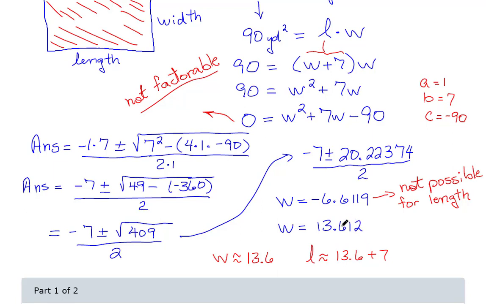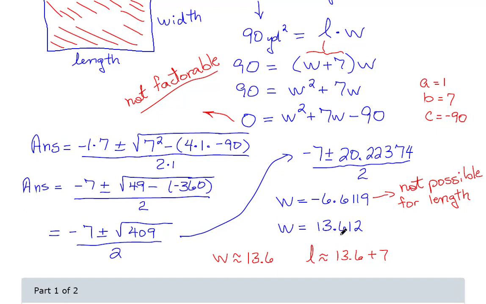So I get two possible answers, but the negative one I can throw away because we're talking about a length and a width. So I can't have a negative length in this situation. So my only possibility is W is